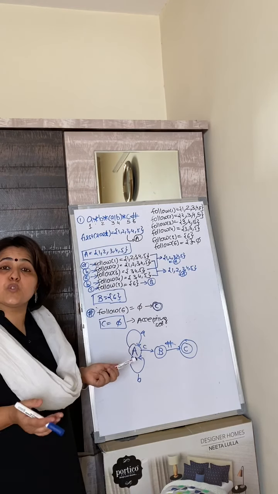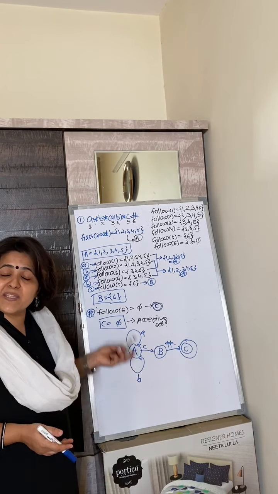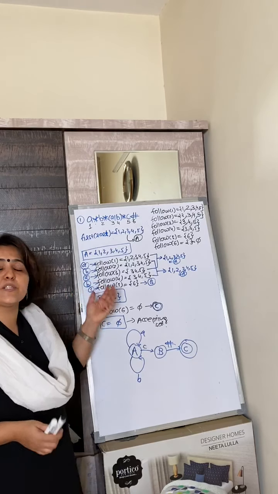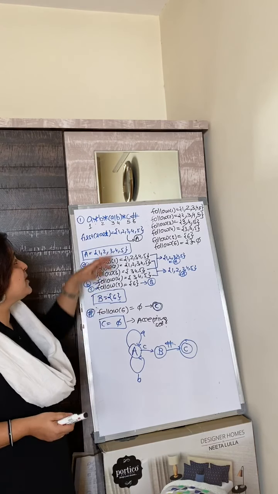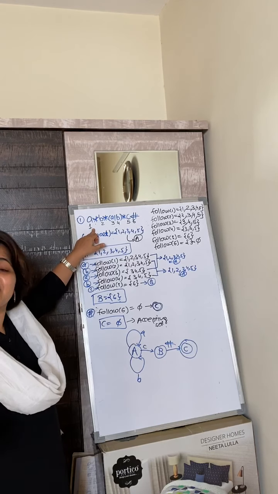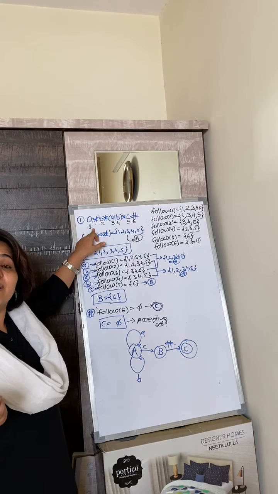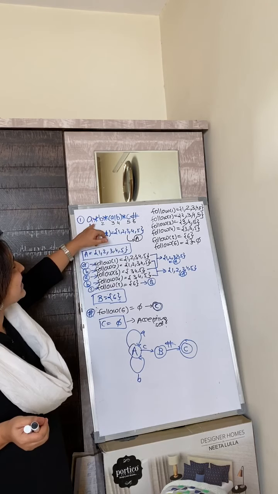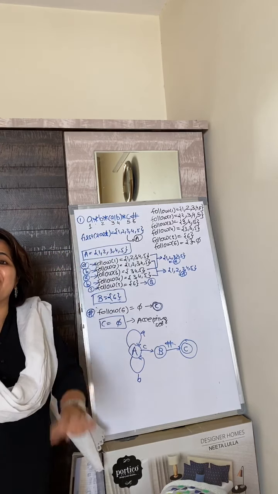Now see, it's so simple using this method. If you compare this with the NFA to DFA method, imagine drawing the NFA for this. It is going to be so complicated itself. So many states will be there. Then you have to calculate. There are 4 input symbols: A, B, C, and hash.